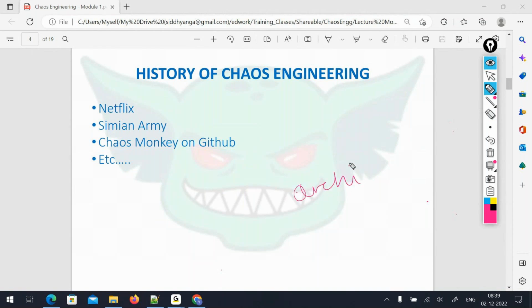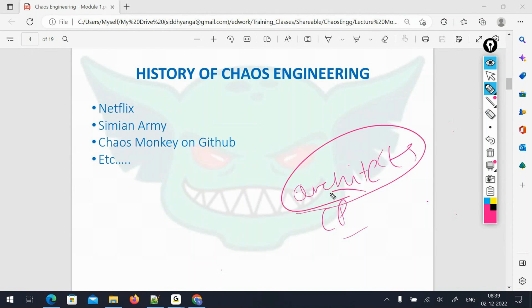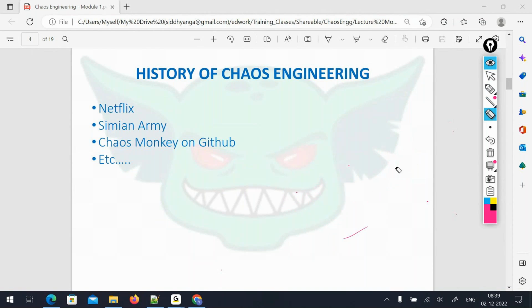Architects and developers set up the CPU limits, memory limits, and all. Now when you test it with performance, it might work fine. When you functionally test it, it will work fine. But the problem is seen when